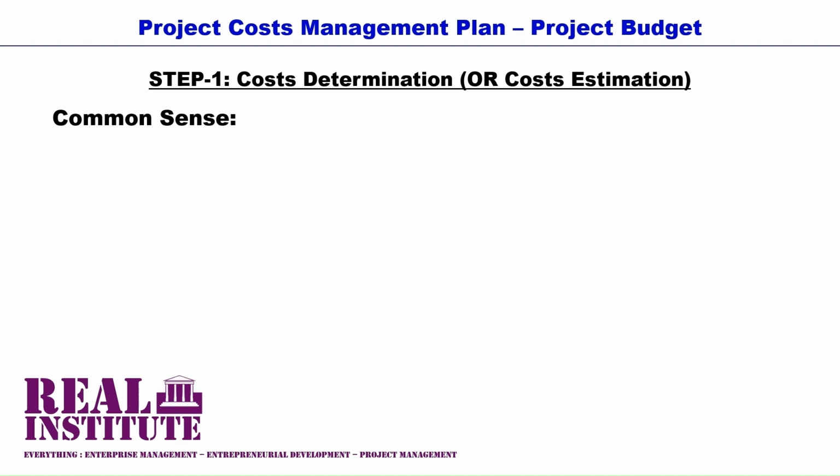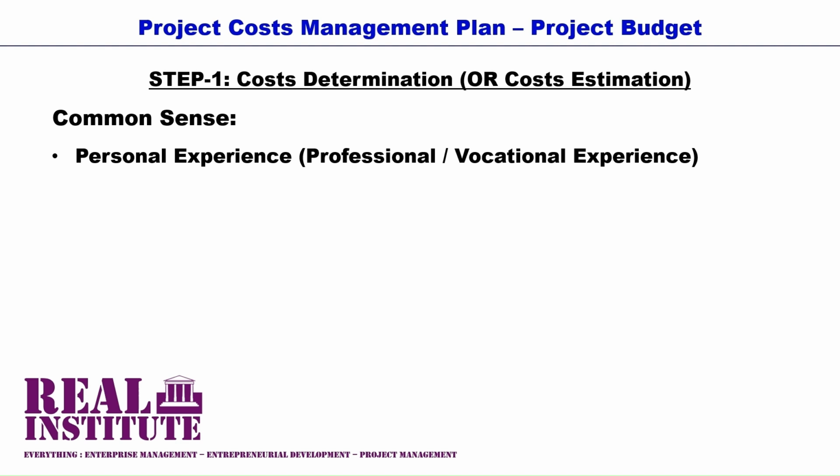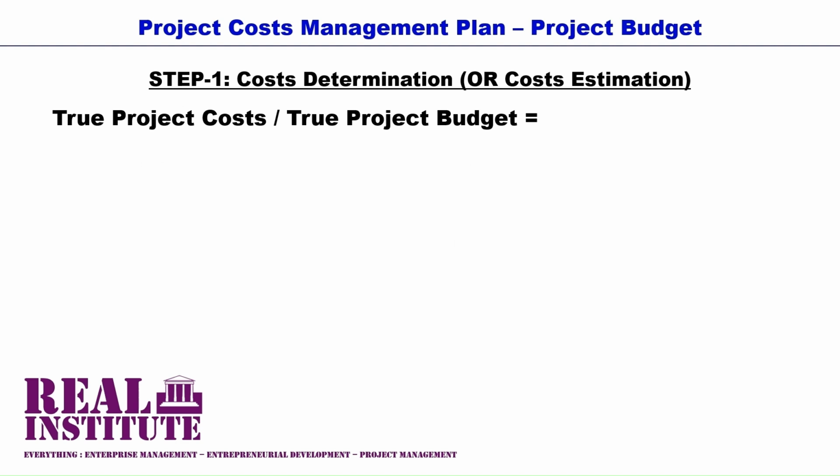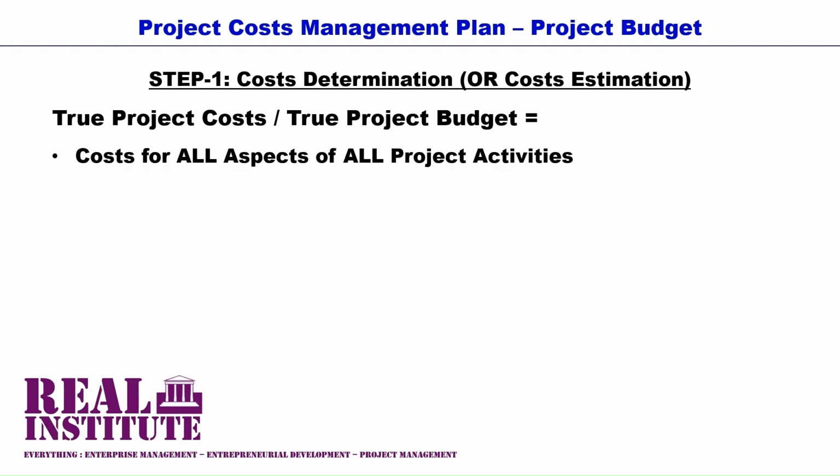Common sense could also mean that as a project manager, you use experience, or what the PMI's PMBOK refers to as expert judgment. That is, you apply your expert judgment. You can also access the documents or the records of previous or similar projects within your organization. Of course, in such cases, you will have to factor in inflation for your project costs. Bottom line is that every aspect of a project activity has to be costed so as to arrive at a true price for the project, or so as to arrive at the true cost for the project.